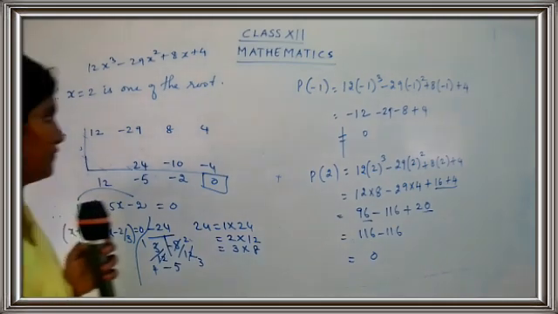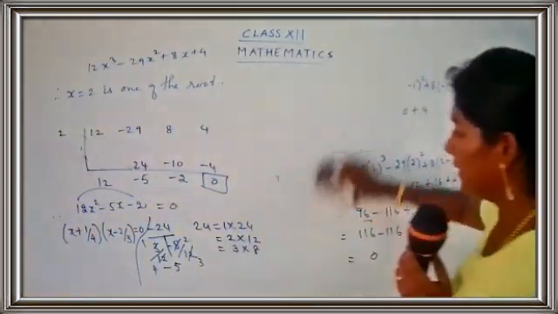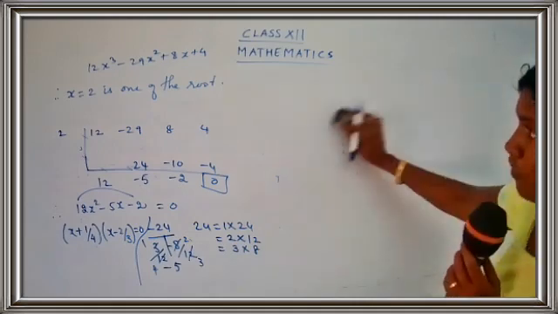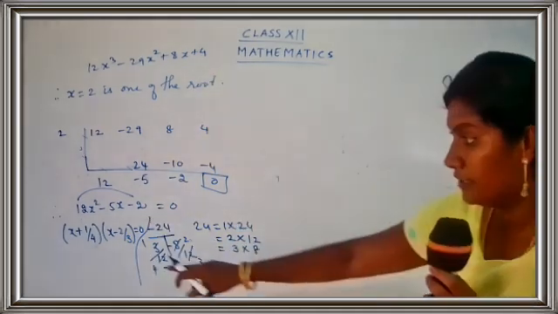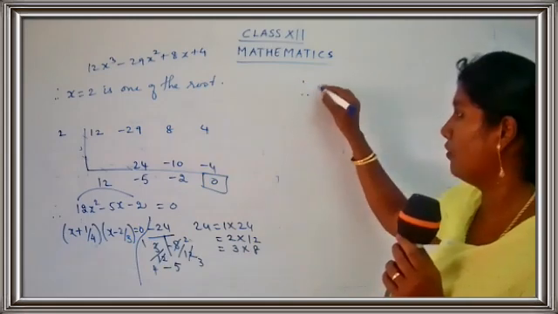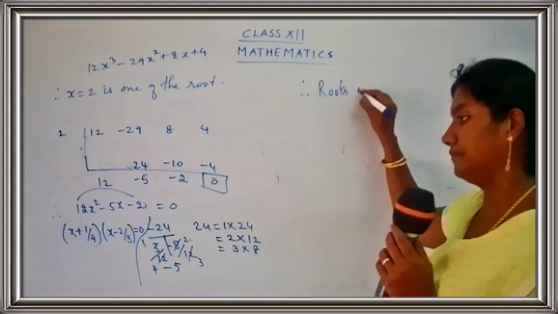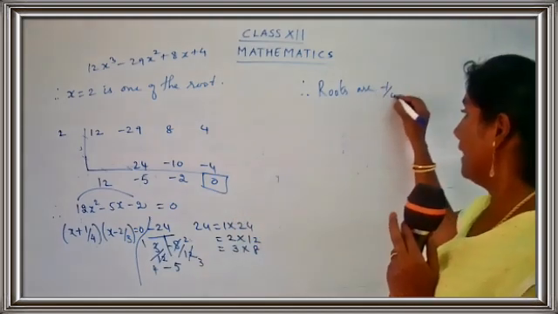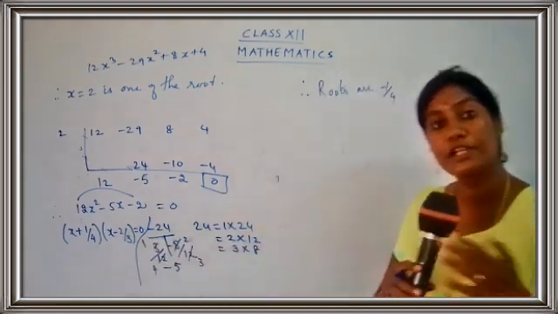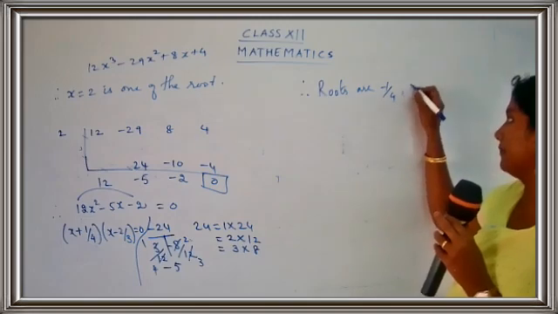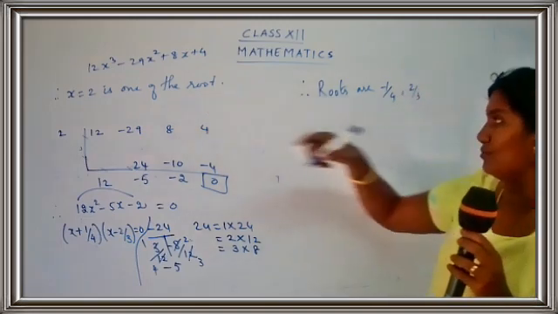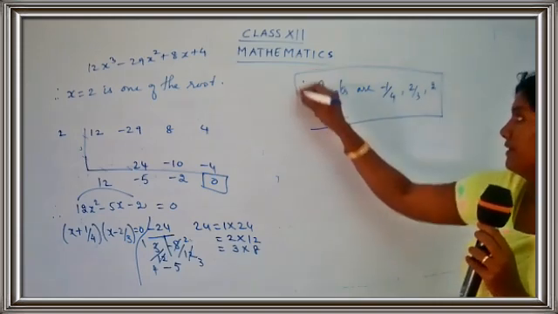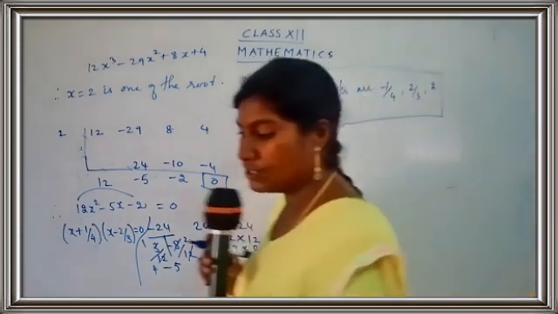So now let's come to the final answer. So it was a cubic polynomial. So we have to get 3 roots and already we have found one root as 2, and from here I get 2 roots. Therefore the roots are: 1 by 4 will become minus 1 by 4, and minus 2 by 3 will turn to plus 2 by 3. And one more root. The roots are minus 1 by 4, 2 by 3 and 2. Clear children?